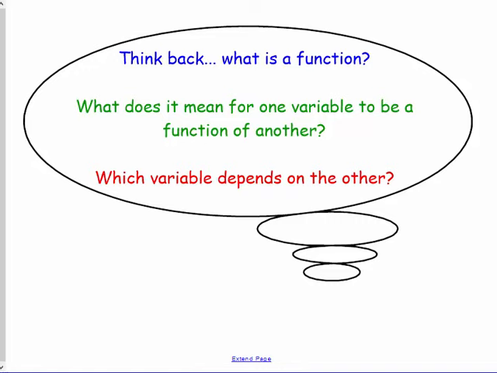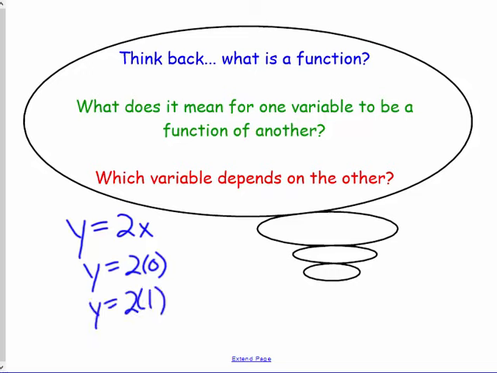But an example that you've even seen in the past is we said something like maybe y equals 2x. Okay, well that means y is whatever double x is. If I double x, I'll have my y. And so then if I said, well, x is 0, well, if x is 0, then y is going to be 0, because if you double 0, you still have 0. If x is 1, then I can put a 1 in, and I'd say, well, y equals 2 times 1, and in that case, that y would be 2. So that's just the basic idea of y depending on x, or one variable being dependent on the other,